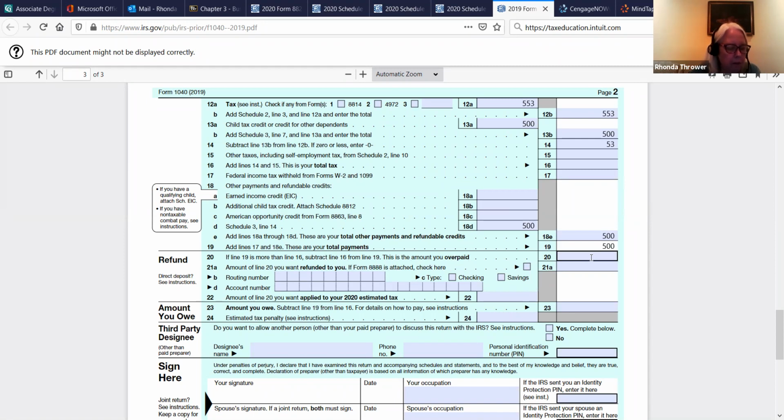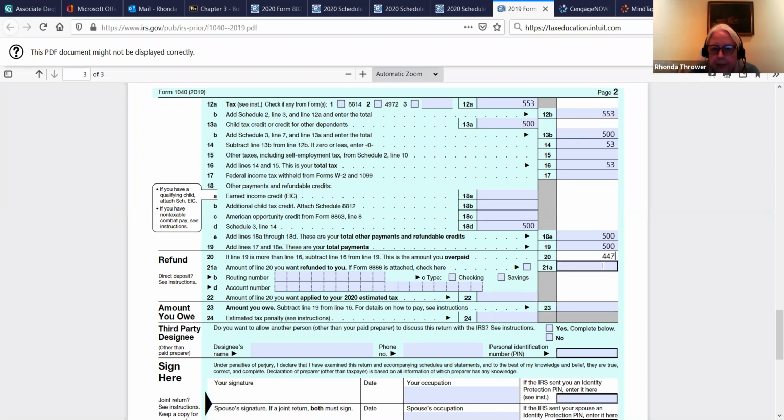Okay. I didn't pull that down there. It should have been on line 16. Your total tax right here should be on line 16. Do you follow what I'm saying? Yes. So this is what you owed, but you made a prepayment ahead of time. So the difference between those is what would be refunded to you, which is